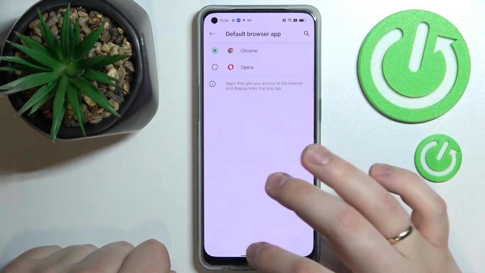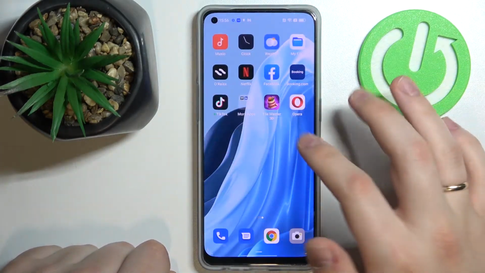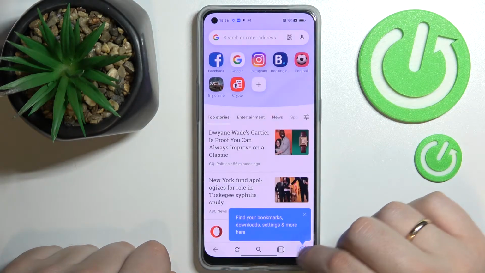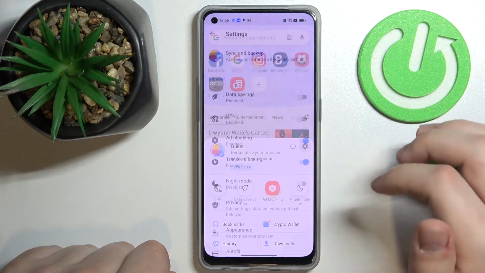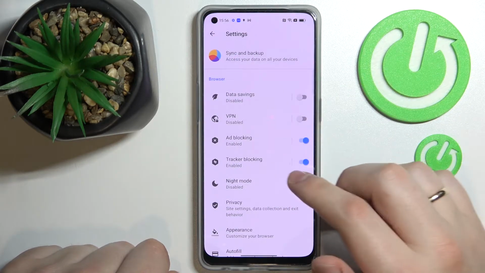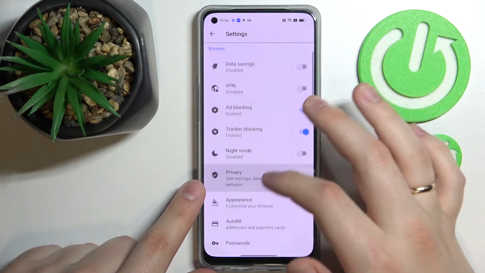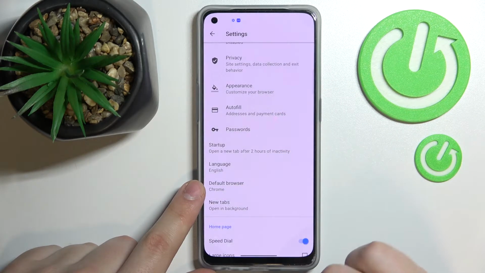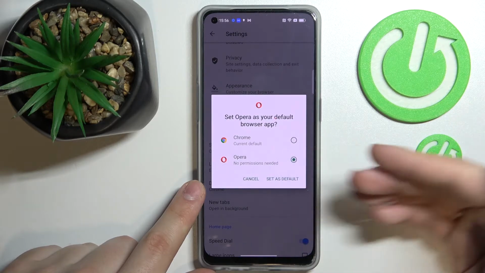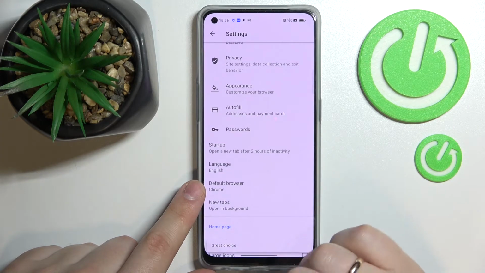There is also the second way to do that directly from the Opera application itself, so let's open it. Here at the bottom right corner, tap on your avatar, gear icon, that basically forwards you to the settings menu. Here scroll down and locate the default browser section, tap on it, click on next, select Opera just by tapping on it and choose set as default, and that will also mean that you have successfully set Opera as your